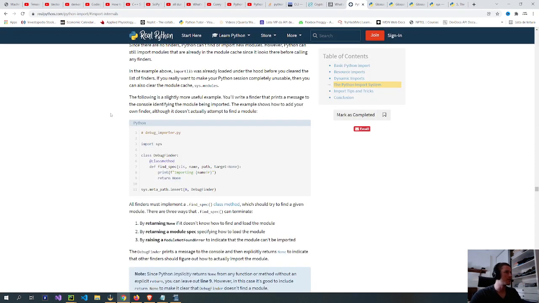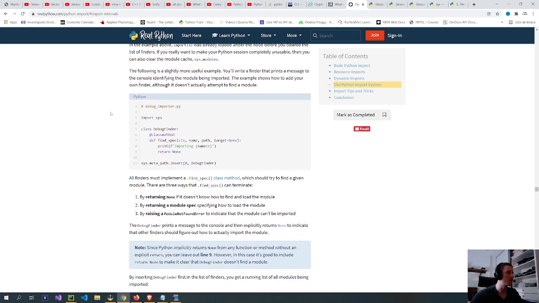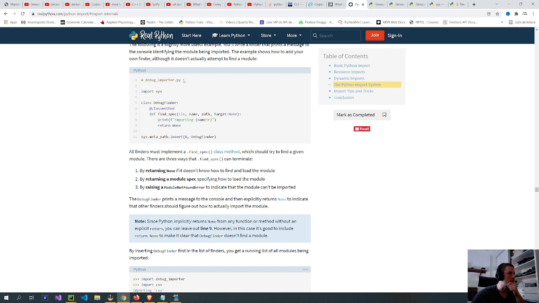The following is a slightly more useful example. You write a finder that prints a message to the console identifying the module being imported. The example shows how to add your own finder, although it doesn't actually attempt to find a module. debug_importer.py: import sys, class DebugFinder